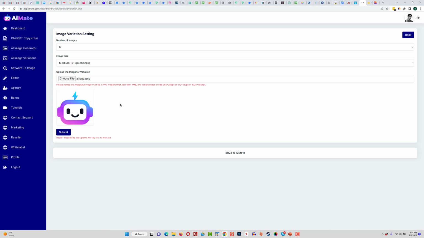So I don't need any skill. I don't need any design skill. I don't need to be able to do anything in terms of graphics or visuals to be able to create different designs from any particular design I've got, which is also just totally awesome. So you have the AI image variator.